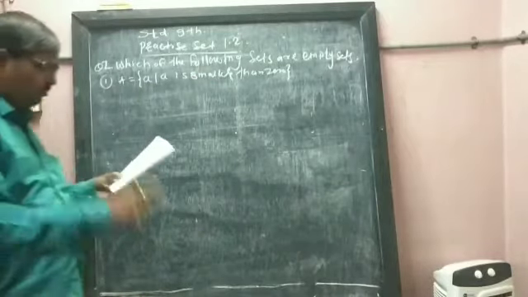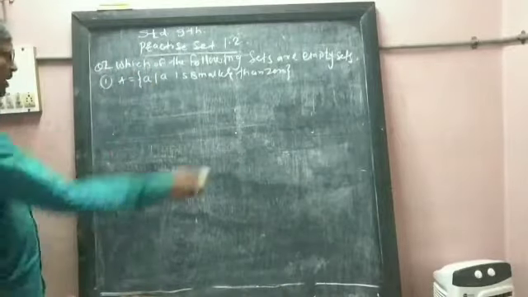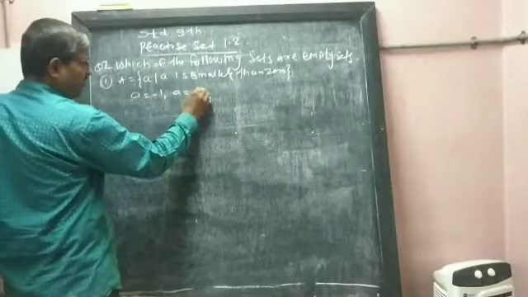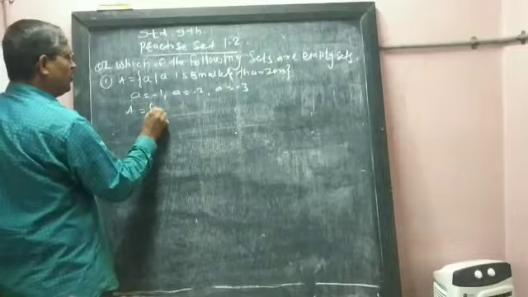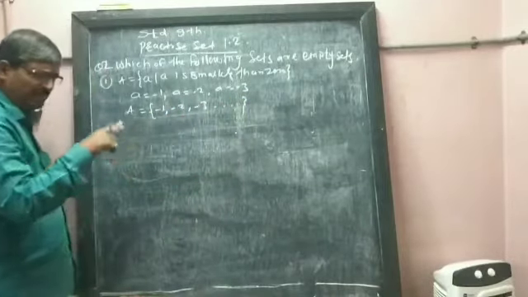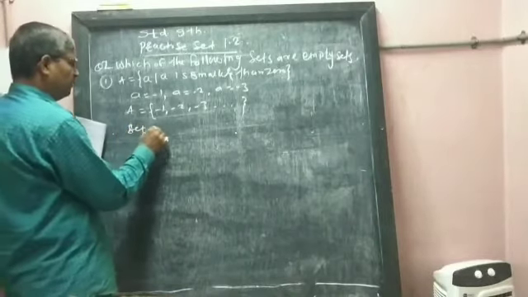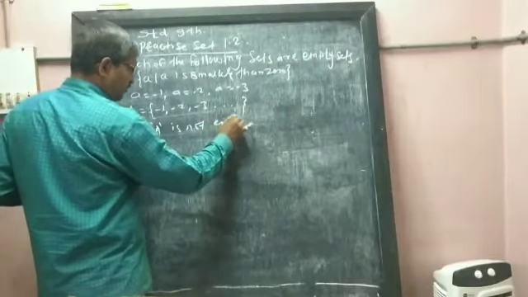Which are the numbers smaller than 0? Smaller than 0 means A might be minus 1, minus 2, minus 3. Therefore, A is equal to minus 1, minus 2, minus 3, uncountable. Then is it an empty set? No. Set A is not an empty set